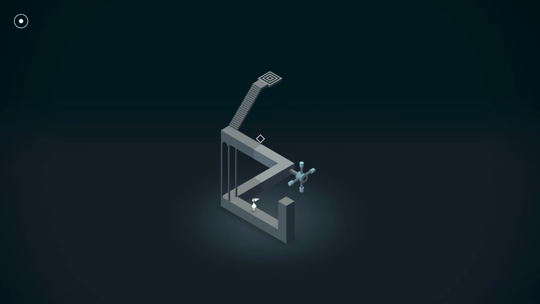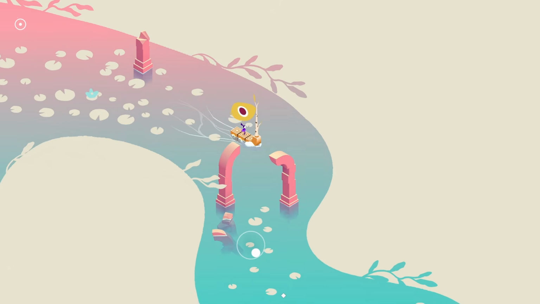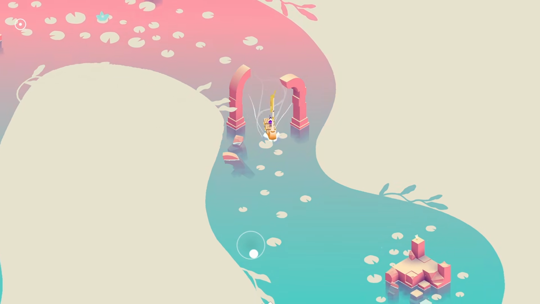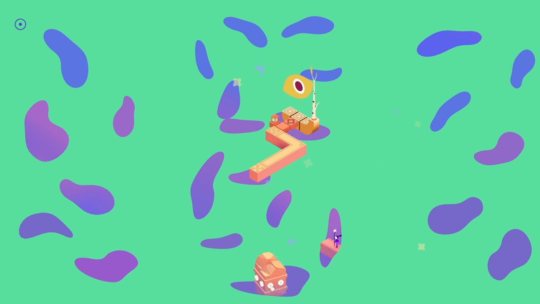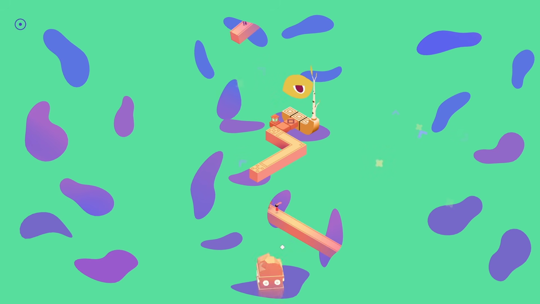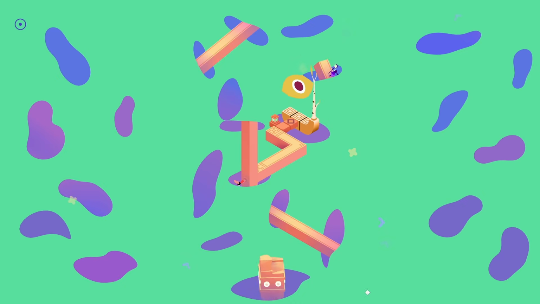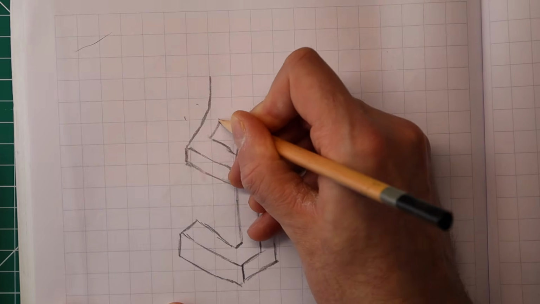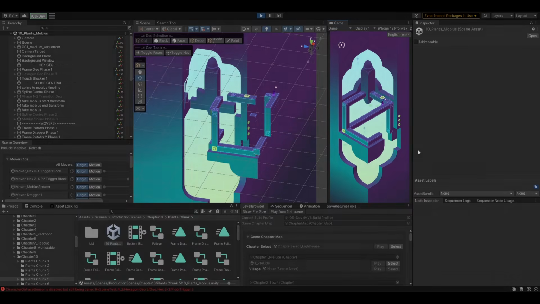Impossible connections, perspective shifts, eternal brain scratchers: these are the inherent qualities of any Monument Valley level. For just over a year, I was lucky enough to work on the most recent game in the series, Monument Valley 3. I was able to contribute levels alongside the wonderful artists, programmers, designers, QA folks and audio magicians at Us2Games. What I'd like to do today is to show the process of getting a level ready from the idea in your head through to sketching it out and making it in engine.